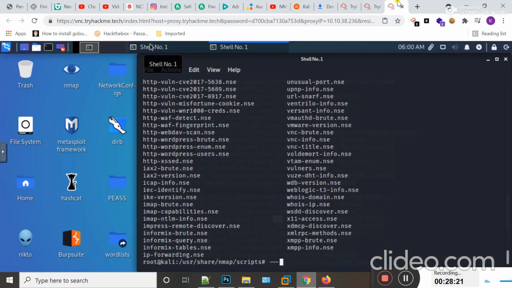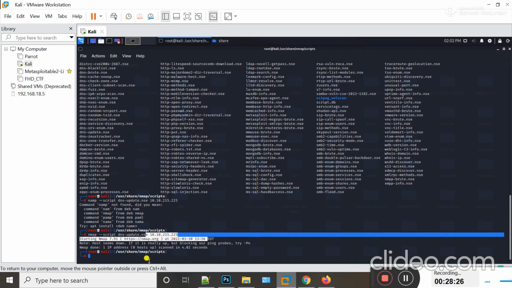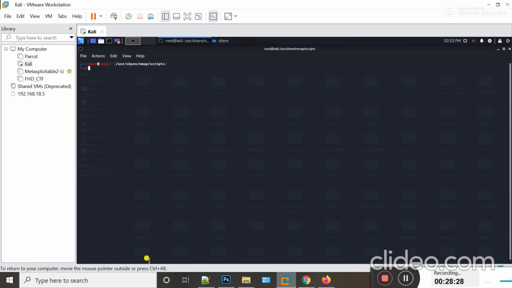If I type here in my own Kali Linux machine, I'm going to zoom in for more visibility.